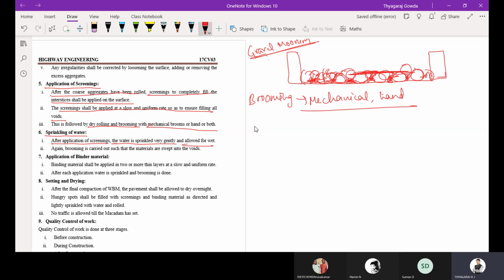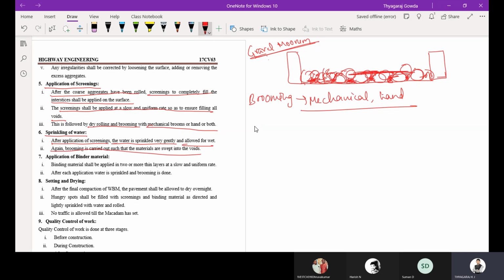You are not going to make the water stand on the aggregate surface, but you are going to gently sprinkle over the aggregates and make them wet. Then brooming is carried out again such that materials are swept into the voids, so the screening material present on the surface gets into the interstices of the aggregates.